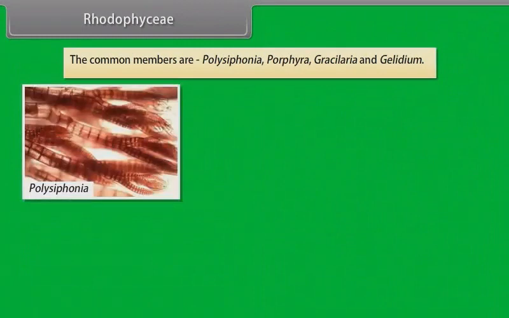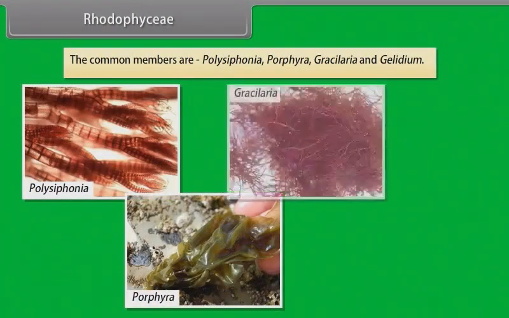The common members are Polysiphonia, Porphyra, Gracilaria, and